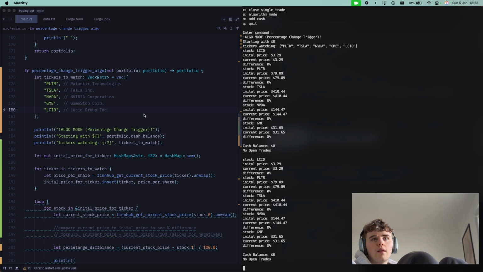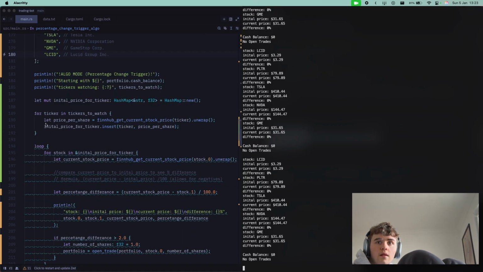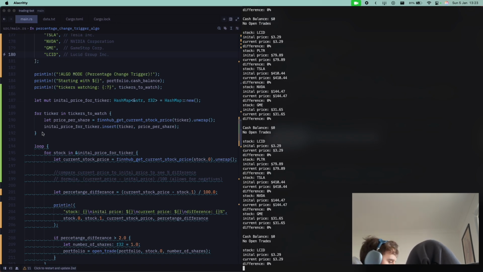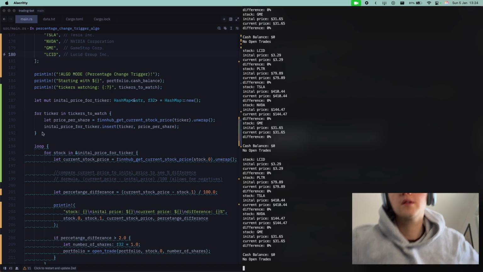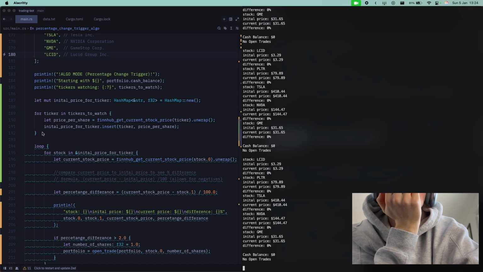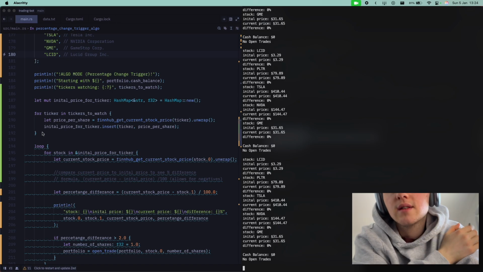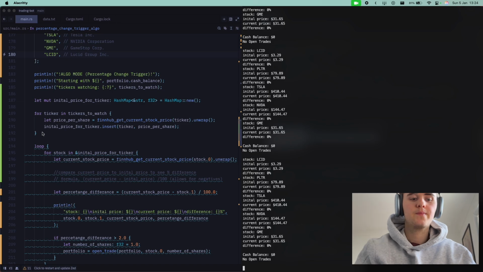I think we're only doing, because in the algorithm, actually that could bust the algorithm. No, it won't, because this will be perfect. This should be perfect. Because it'll just constantly check our stocks. Obviously it's kind of pointless right now because it won't open any trades, because